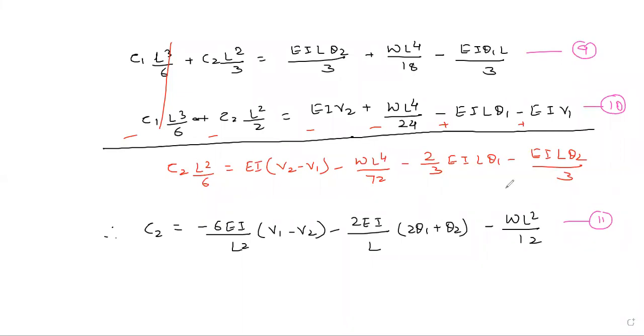Okay, so as we have got this C2 value, now if you put this C2 value either in equation number 9 or in equation number 10, we are going to get this C1 value, because everything is known. Only the unknowns are C1 and C2, and we know this C2 value, right? So what is unknown here? C1. So either you put it in equation number 9 or equation number 10, we are going to get C1 value. So let us write that C1 value. C1 will be equal to